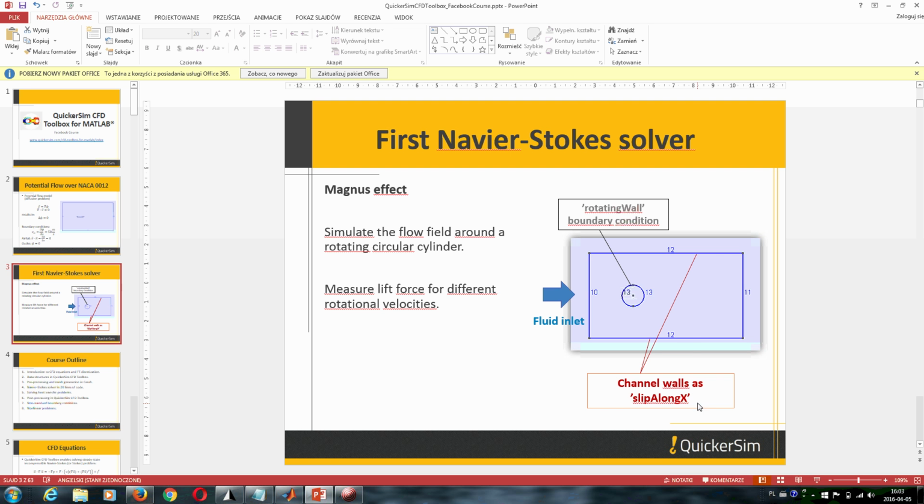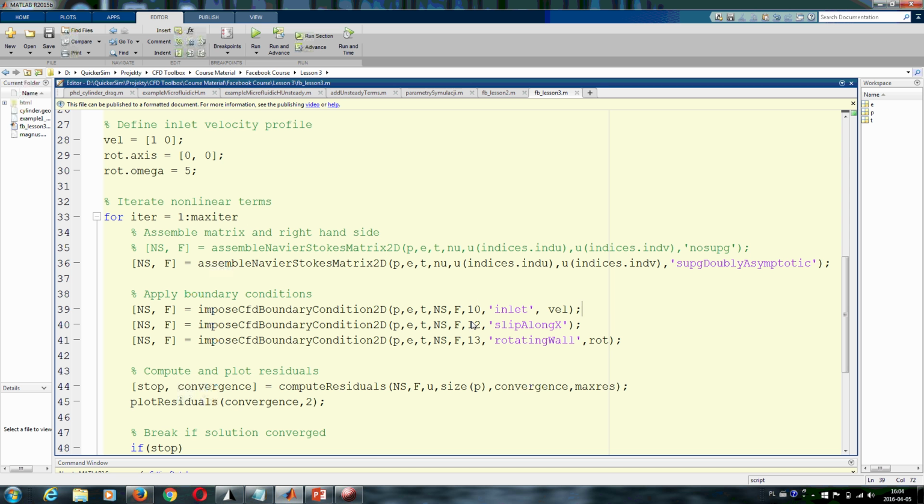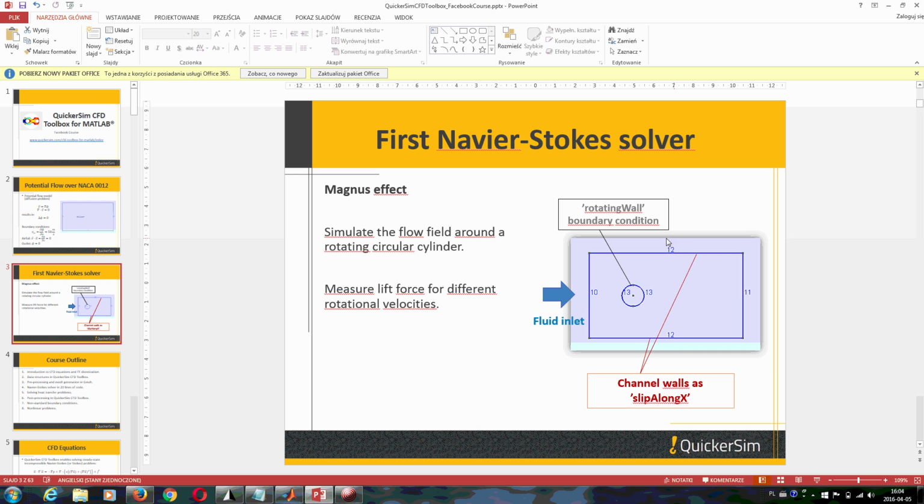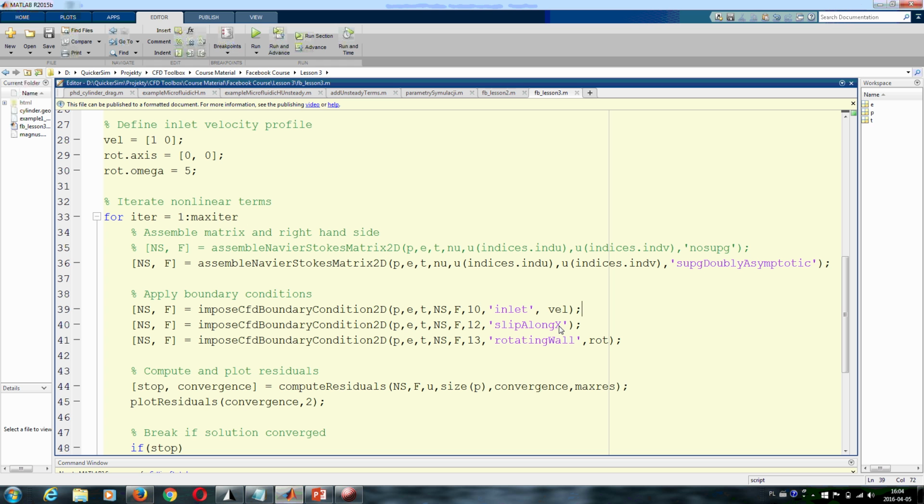This is a boundary condition which tells there is no flow across the boundary, but the fluid can be sliding along this axis without any viscous forces. So at lines denoted by 12, because you can see 12 is both here and here. Along these two lines we specify slip along x boundary condition, and the last boundary condition that we need to